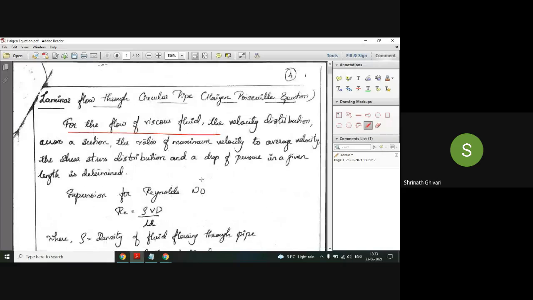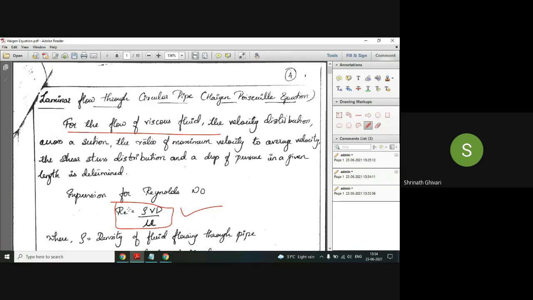So yesterday we dealt with what is meant by laminar flow, what is meant by turbulent flow, and the Reynolds experiment, how it is done. In the Reynolds experiment we can see whether the fluid flow is laminar, turbulent, or in the transition state. And we have got the equation Re equal to rho Vd by mu, which comes from the Reynolds experiment, where rho is the density, V is the velocity, d is the diameter of the pipe through which the fluid is flowing, and mu is the dynamic viscosity.